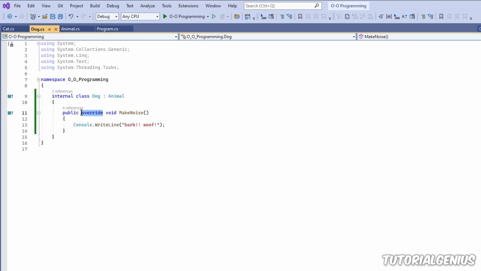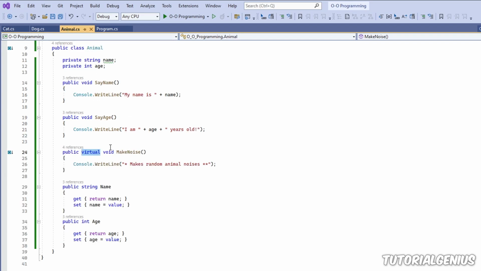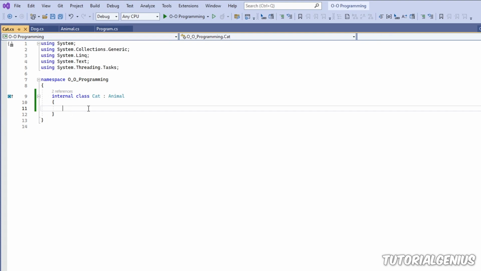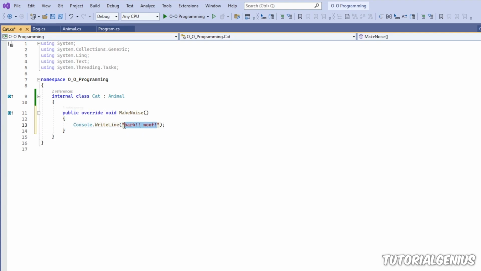So override always goes in the child class, in this case, dog. And in the base class, we have to set it to virtual. If we don't put virtual, then we can't override it. So they kind of go together like a pair. And in our cat class, well, I want the cat to meow, for example. So there, it's as simple as that. So if I run the